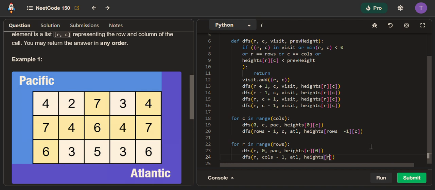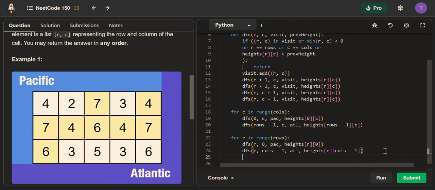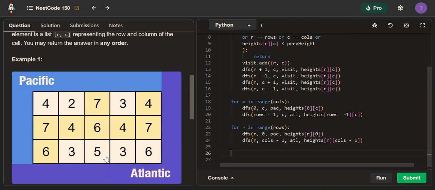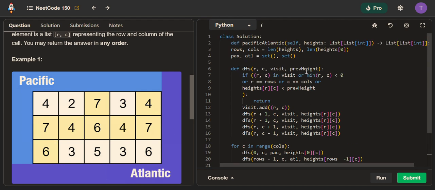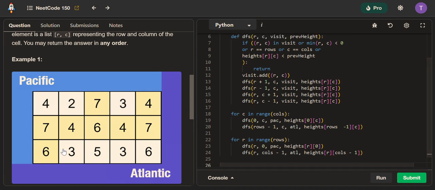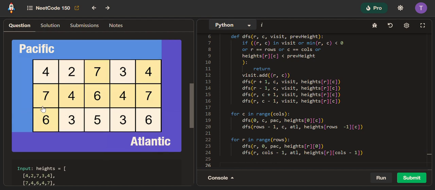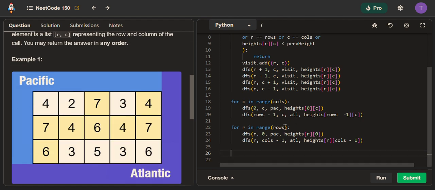And for the second call, we're going to use a changing row, but the column will be cols - 1. All right, so this is good. Now we created all our depth first search calls, and we're going to go for every single value next to the edges. If there's a coordinate that has access to both the Pacific and the Atlantic,